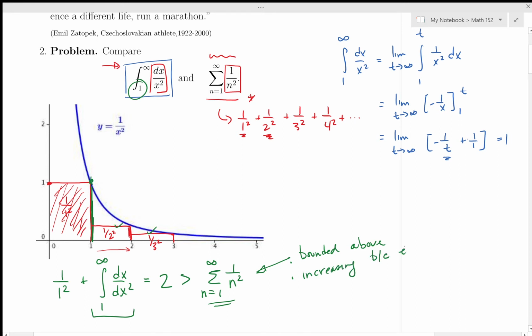Because every term is positive, the partial sums are increasing. It's bounded above. Therefore, we know it converges. We have that